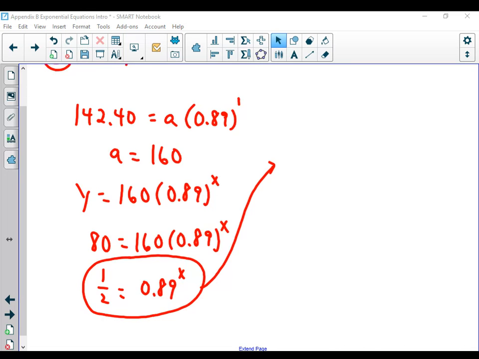If the left side is really going to be the same as the right side, I can really set up two equations here. I could set up one that says 0.89 to the x power, so that's the right side. And I want another equation that's going to be the left side, so I'm going to say that's equal to a half. Or I could have gone back to the original one if I wanted to. If I have these two separate things, but I want them to be the same, if I were to look at the graphs of these two,